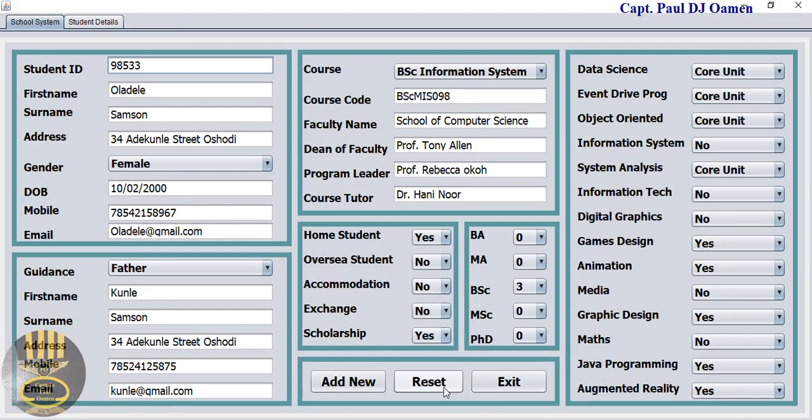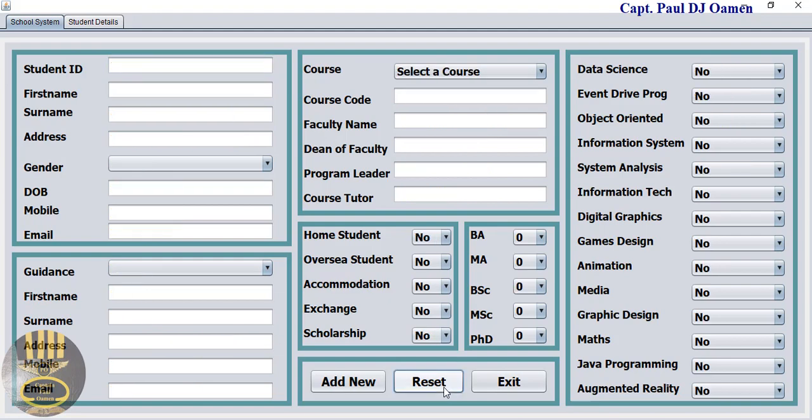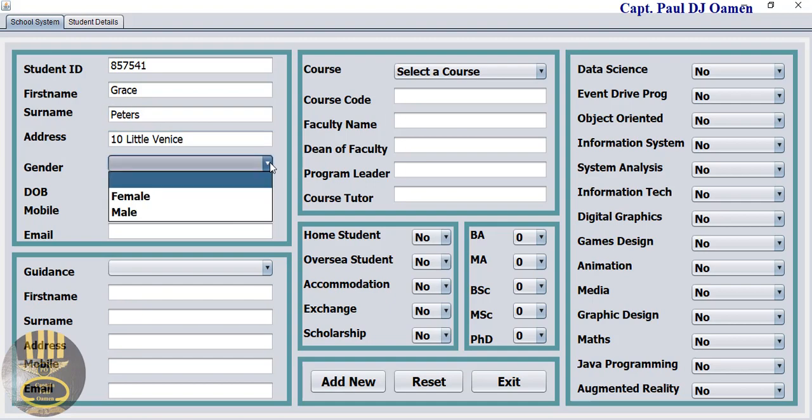Alright, so what I'm going to do now is reset the whole system. There we go. And let's enter some other new student details in there. That's the student ID number, and the name of the student happens to be, let's say she is Grace Peters, and Miss Peters' address, let's say number 10 Little Venice. There,